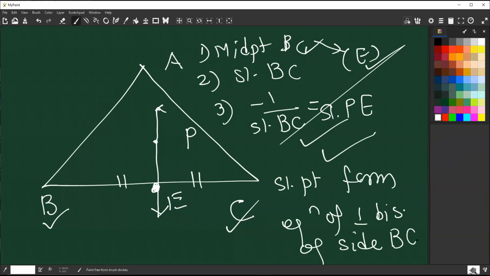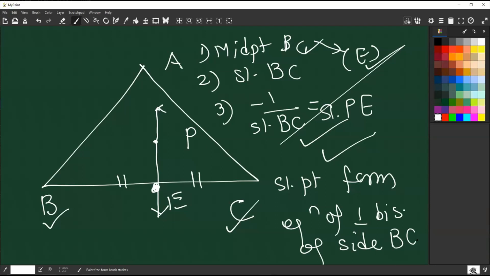Everybody understood? Okay, you want me to explain again how to get the equation of the perpendicular bisector. I have given you the step. अगर मुझे BC का perpendicular bisector का मतलब क्या है? Perpendicular है and passing through the midpoint of BC. So BC का midpoint निकालो, that is point E. And BC का slope निकालो, उसका negative reciprocal will be the slope of the perpendicular.